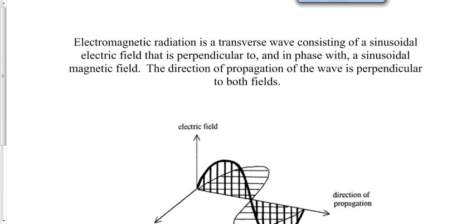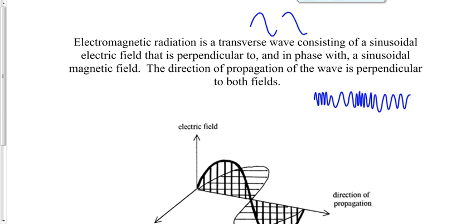So a little bit more detail on what it is, right? It's a transverse wave. Remember in physics 20, longitudinal waves were like sound waves, where you have a series of compressions and rarefactions, we call them. You need a mechanical wave for a longitudinal wave to happen. Okay? Electromagnetic radiation is a transverse wave. It's what we usually think of as a wave, right? A water wave is a transverse wave,